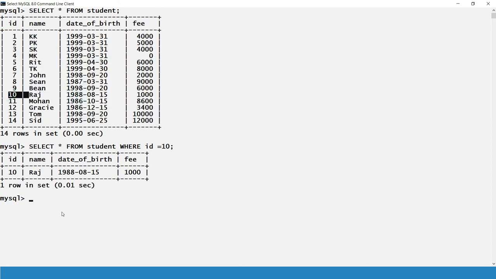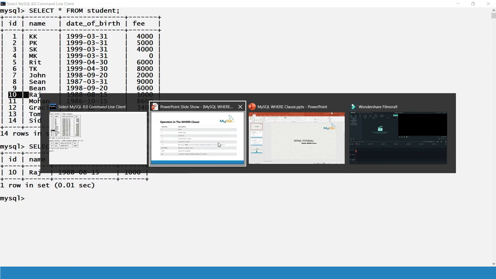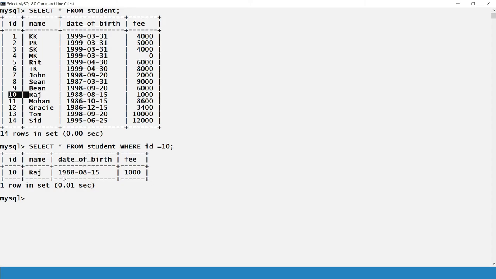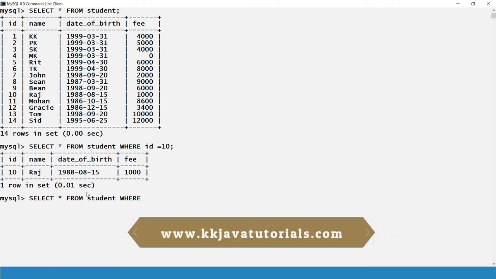Pretty simple. Now if you look into the where clause, equal to, greater than, greater than equal to, less than equal to, these are pretty much similar. So let's look into the not equal to. I'm going to write a select statement again, and in the where clause I'm going to put a condition on fee not equal to, let's say 6,000.